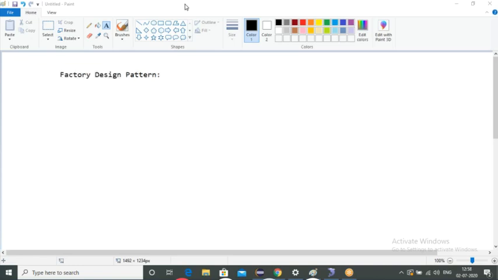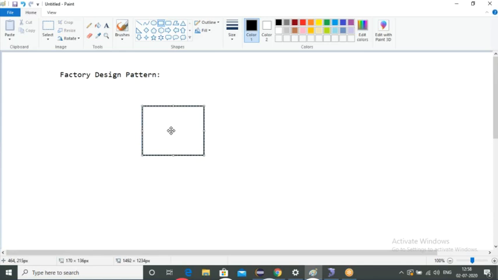Okay, now guys, the factory design pattern. What do we mean by this factory design pattern, and what will we be doing with a factory? Those things we will be discussing. Now I will take one simple, general example. In general, one factory is there. What is the use of a factory, and what will you be doing in the factory?